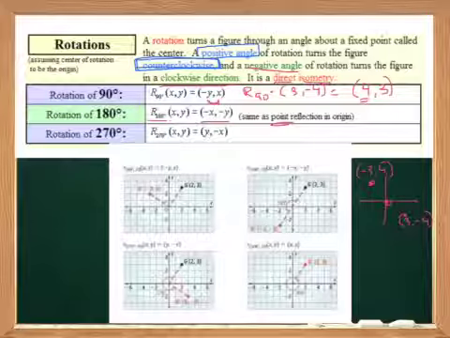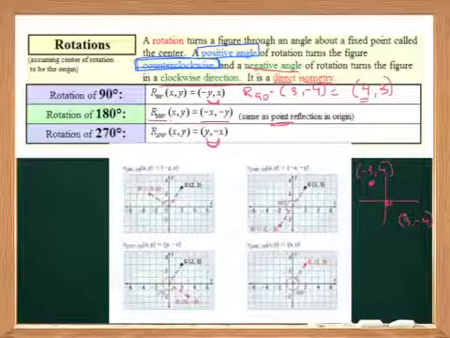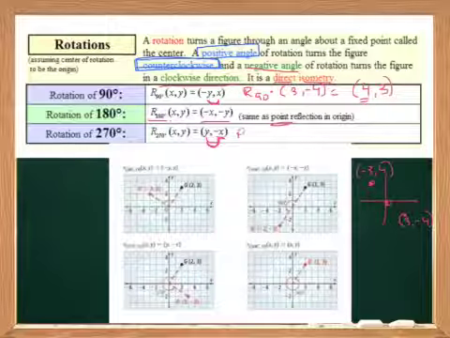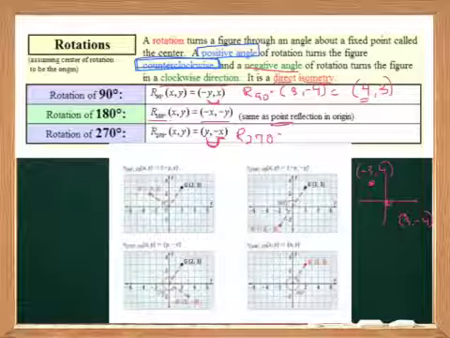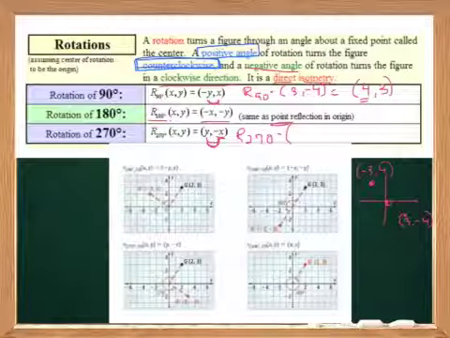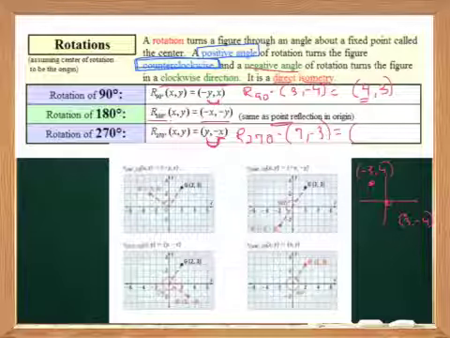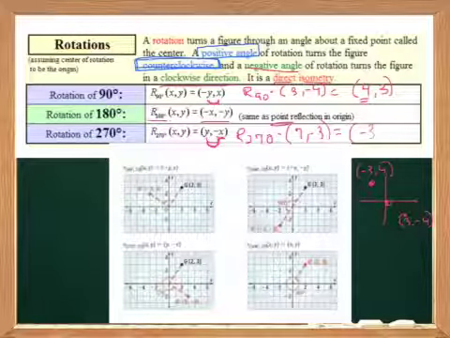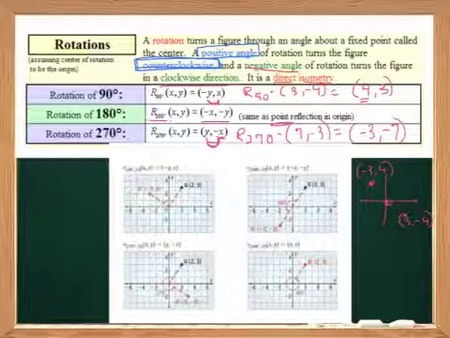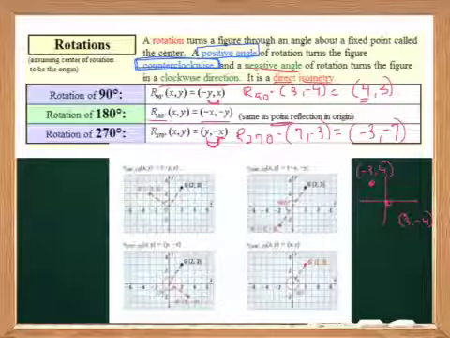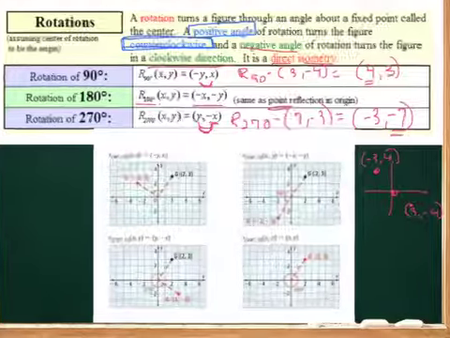Finally, rotation of 270 degrees, you switch places again, but this time you negate the x. So if we're rotating 270 degrees, again, that would be a counterclockwise rotation of the point 7, -3. Our new point of our image would be -3, -7. So they switch places, and you negate the one that's going into this spot. So if we look at some of these examples,